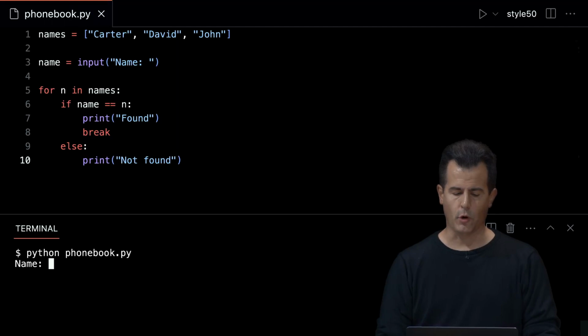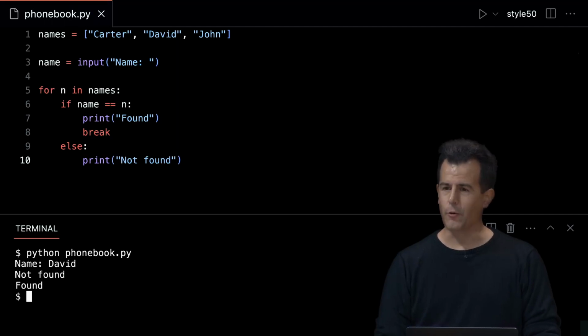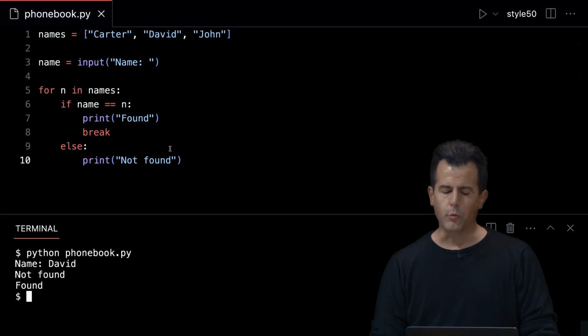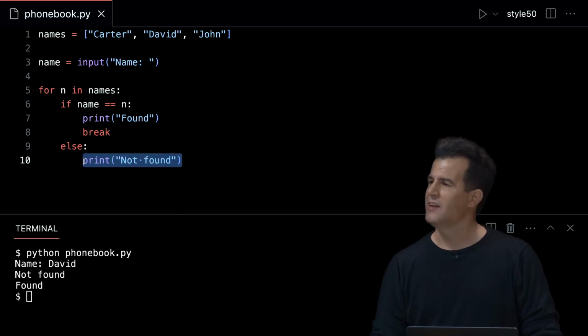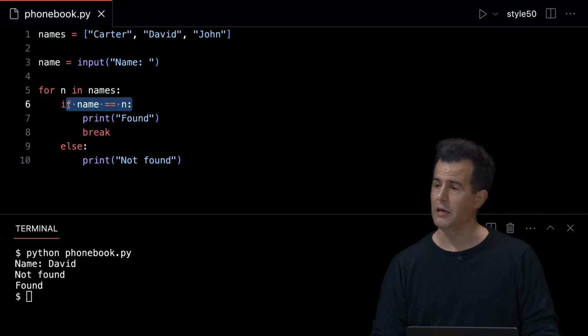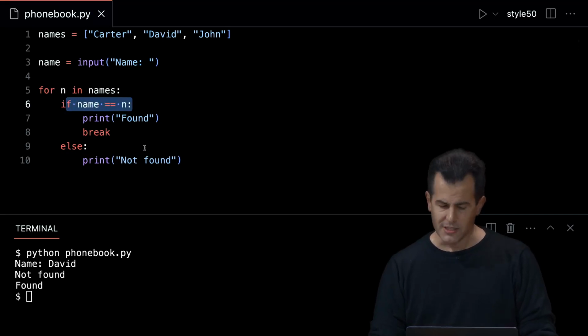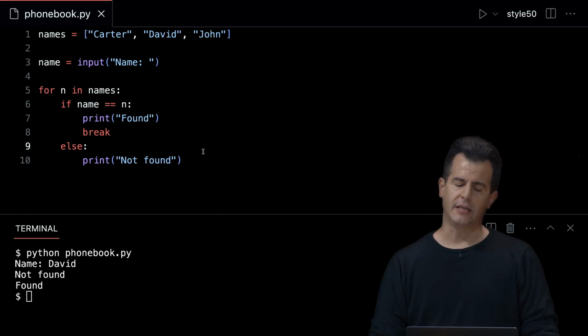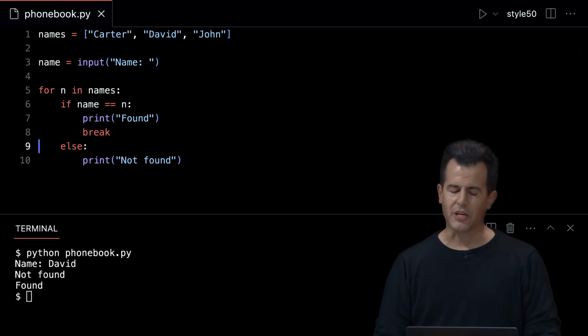But let me try searching for maybe David. Now we're sort of the opposite problem. Not found, found. Why? Well, I don't think we want to immediately conclude that someone's not found just because they don't equal the current name in the list. So it turns out we could fix this in a couple of different ways, but there's kind of a neat